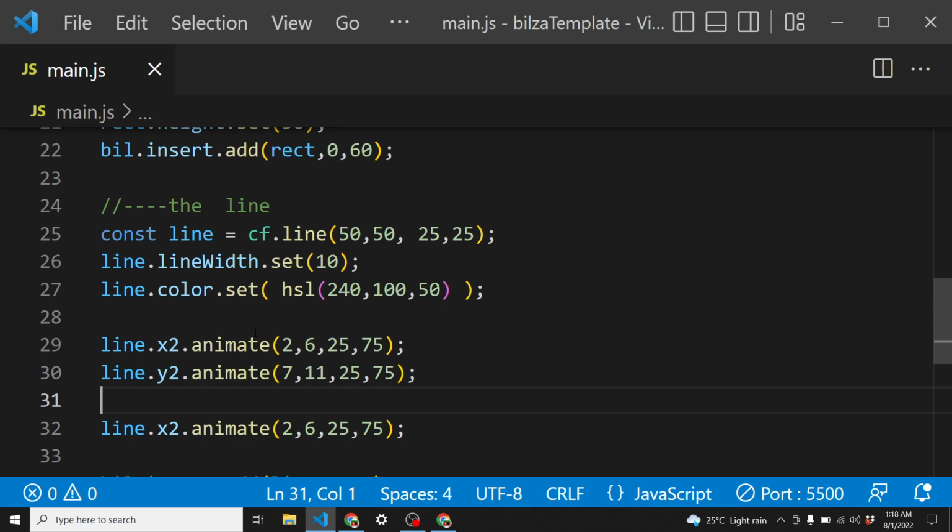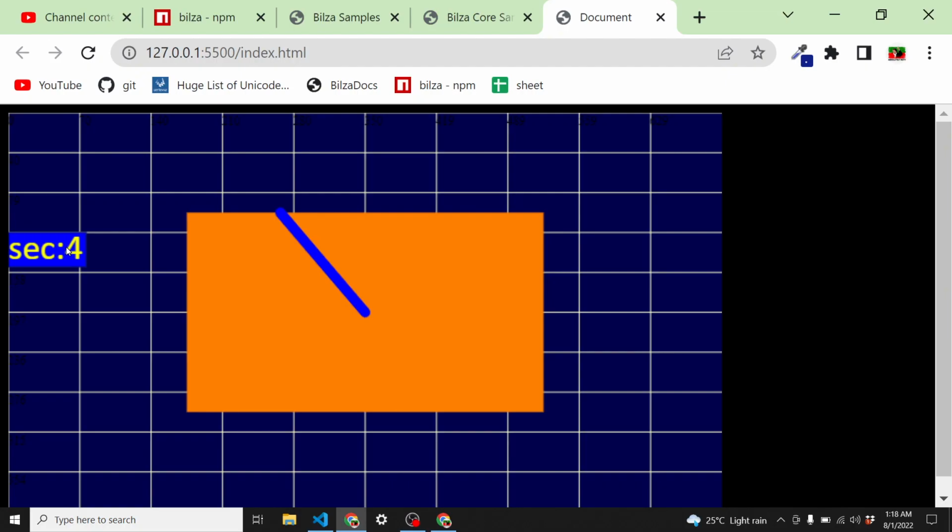And now repeat this once again. Now we want X2 to start at 12 seconds and up to 16 seconds, and we want it to start at 75% and come back to 25%. Let's look at that. Wait for 2 seconds, go to the right side, then Y2 will move it down, and then X2 will move it to the left again, and finally